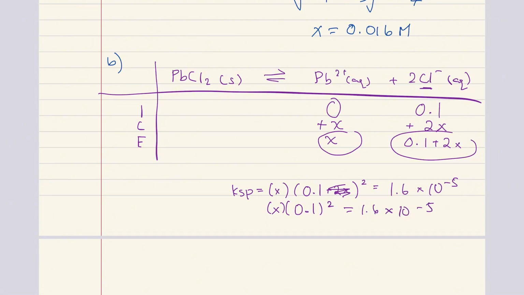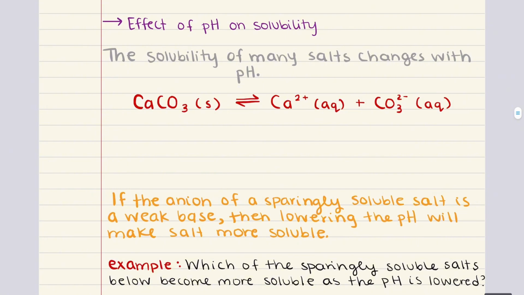And this is really easy to solve for X. If we divide both sides by 0.1 squared, then X is going to be equal to 0.0016 molar. And there you have it. We've solved this problem. Now we can move into the last topic for this objective, and that is the effect